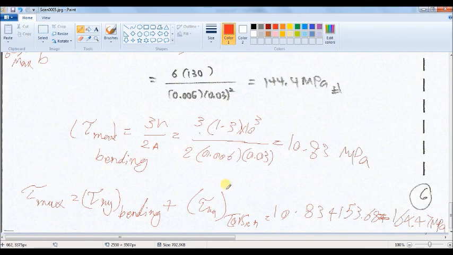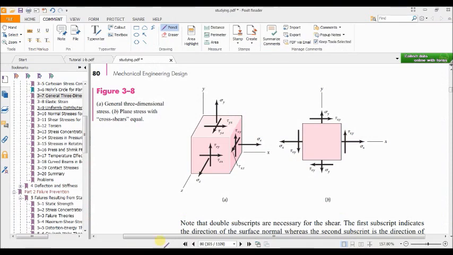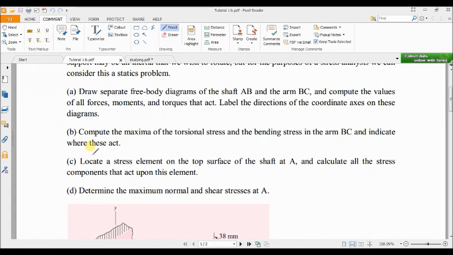So we found this resultant or total shear max as something extra work, because it didn't require to find that in part B. You were only required to find the maximum torsional shear stress and the bending stress, which is that here